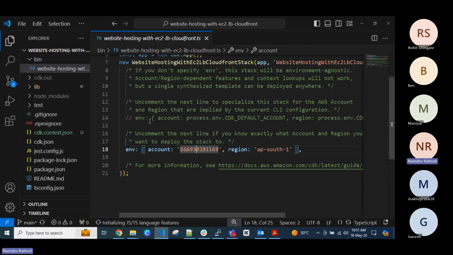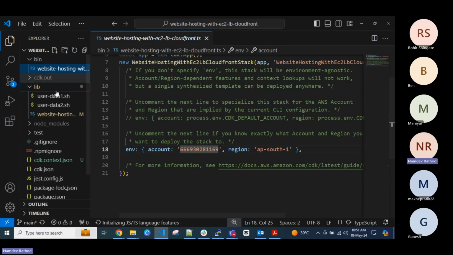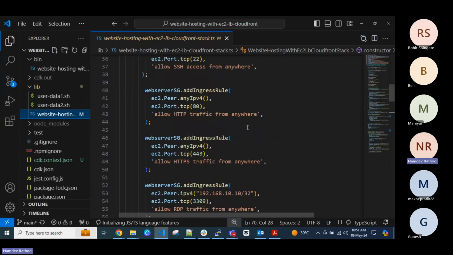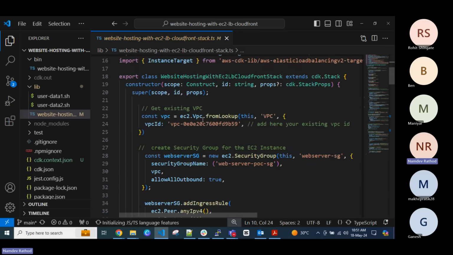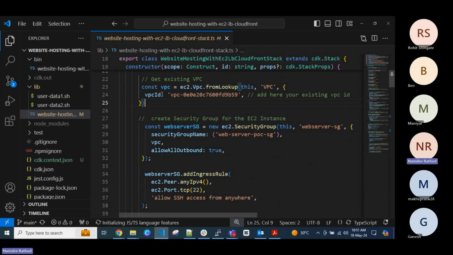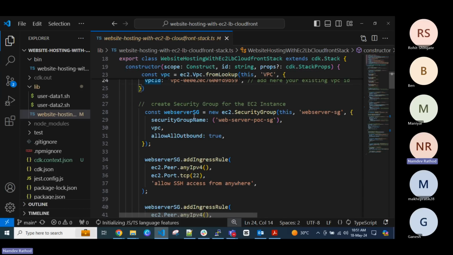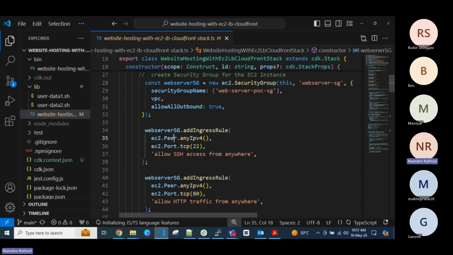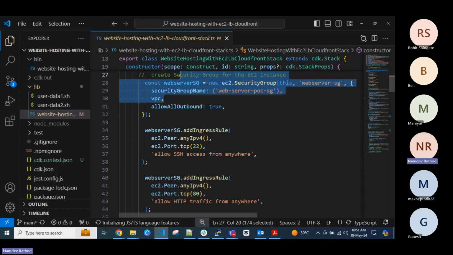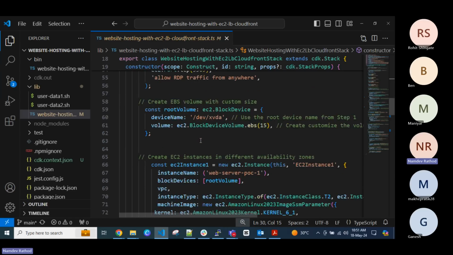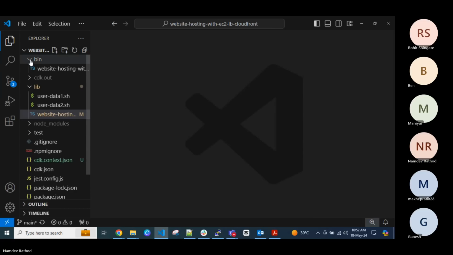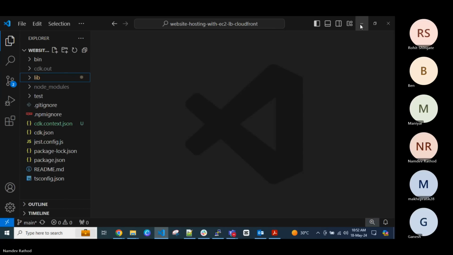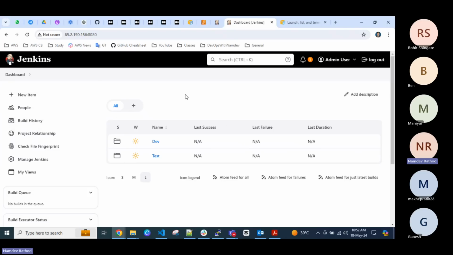You can see the account ID here. This is my personal one. And under the lib folder, you will see the complete code to create that. These are the import statements, where we need to import the supported packages, otherwise it will not work for the deployments. You can see this is getting the existing VPC, which I think I showed last time, then creating the ingress rules for the SSH port number and creating the server security groups like that. Going forward, we will cover step by step. But in real-time cases, we store this